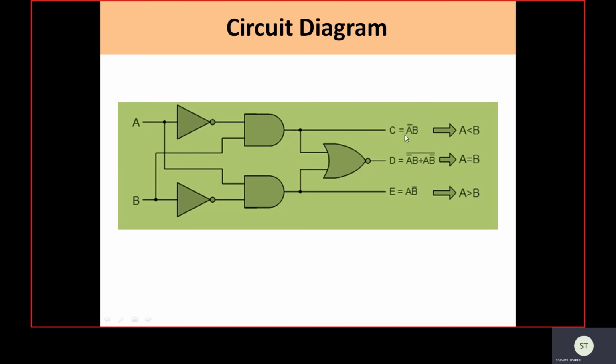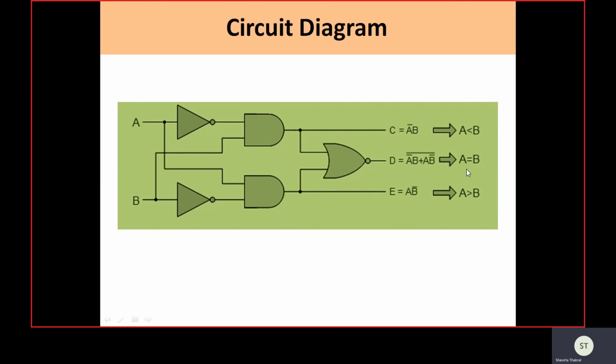So to generate A complement, we have to take one inverter. So here we have A complement, and the B signal is passed as it is. So A complement and B are passed to this AND gate to generate this A complement B, the product of these two, that is taking the decision that A is less than B. And for the bottom side, if we need to generate this logic, that is A is greater than B, that is AB complement. So for that purpose, we have to take the complement of B. So the B signal we are passing to one inverter. So we get B complement. Here we get A, and A and B complement are passed to this AND gate, that is generating AB complement.